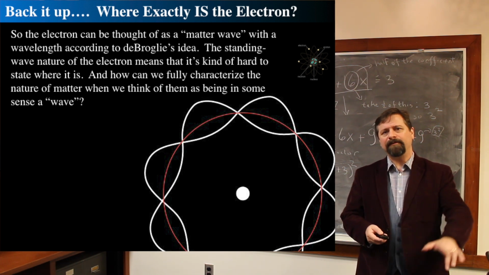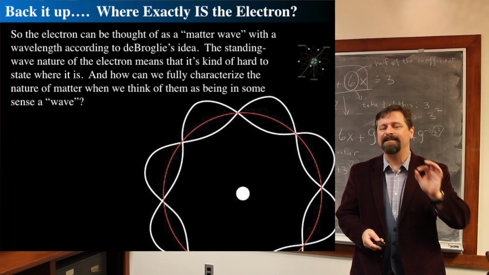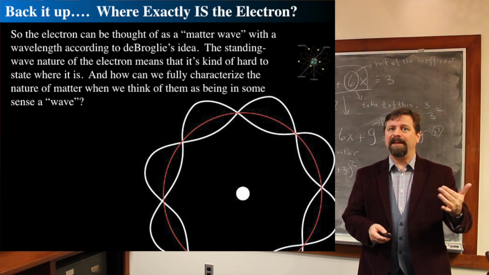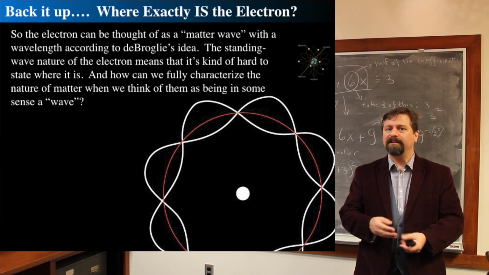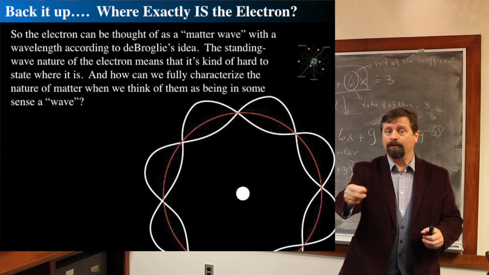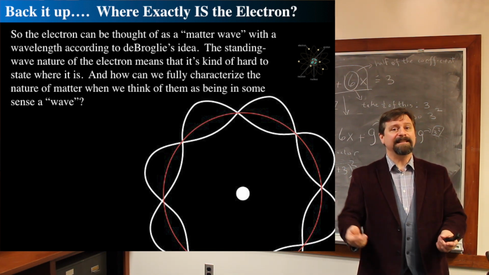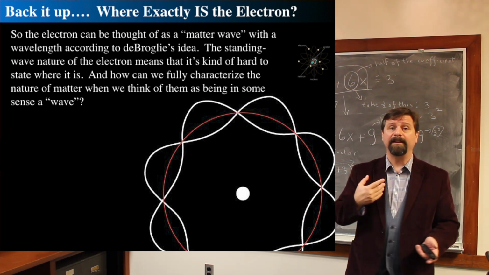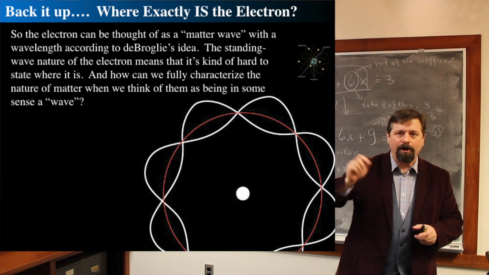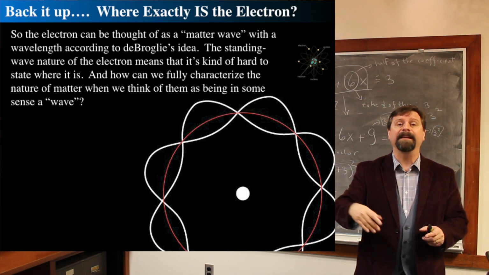So if the electron is in a standing wave inside of the atom, then where is it? Just in the same way that we said, okay, we're going to hook the string up to a doorknob and to my wrist, we can easily make it a nice standing wave. We can say, oh, well, what's the wavelength? Okay, we can get the wavelength of it. And if we flick it harder, we can have more nodes on that thing,